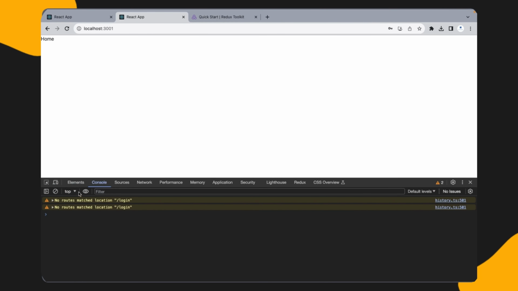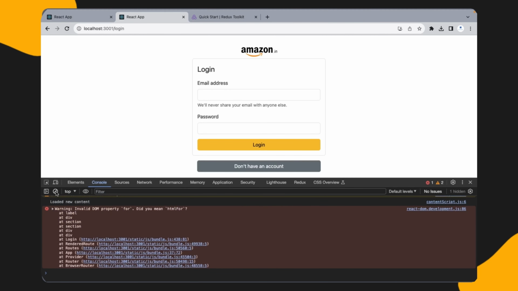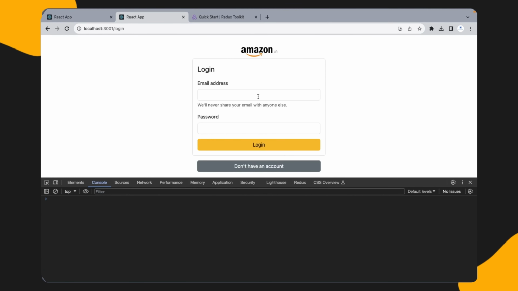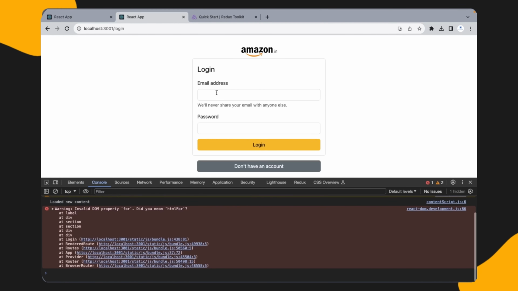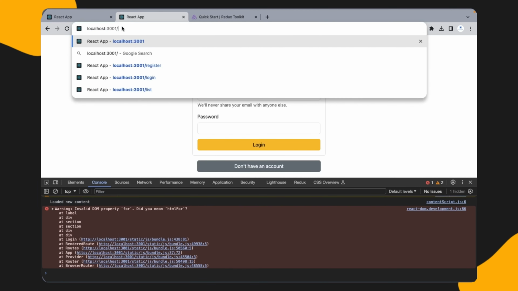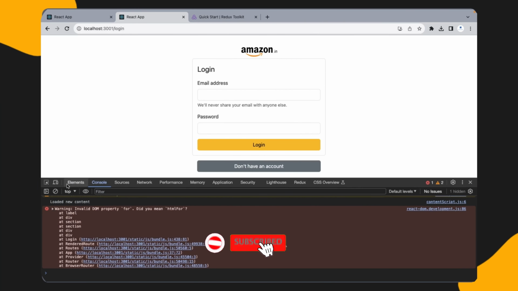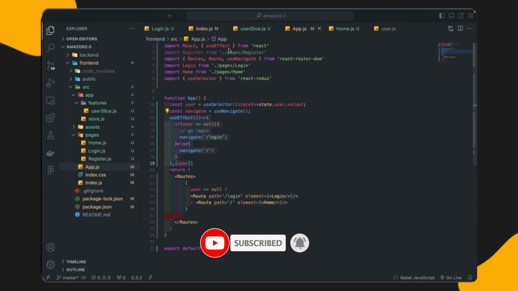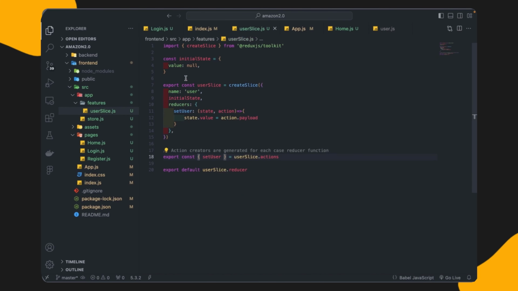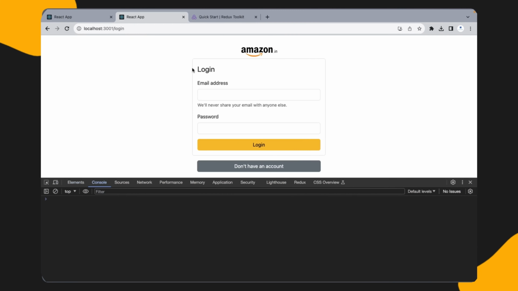So this part is completed, and one more thing is left for the login. If the user is logged in, then refreshing should not bring them to the login page, like it is happening now. See, this time I am logged in, and if I refresh, it comes to the login page. If I try to go to the home page, it will not go, because when I refresh the page, the Redux value is set to the initial state, that is null. That's why this is happening.